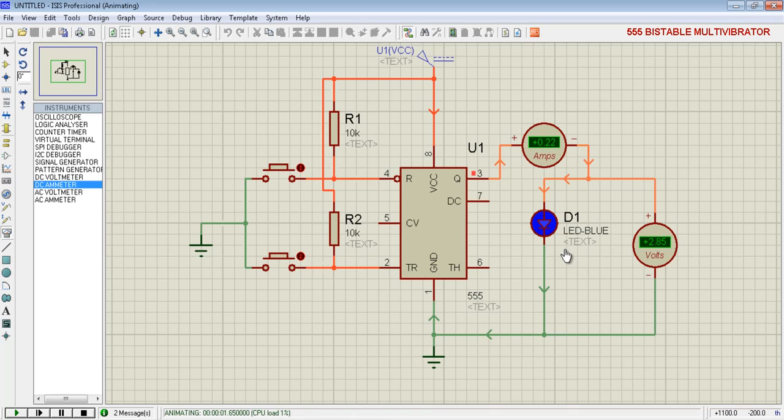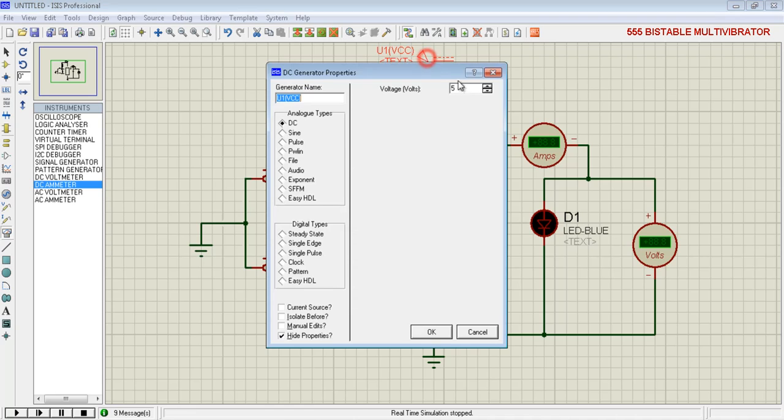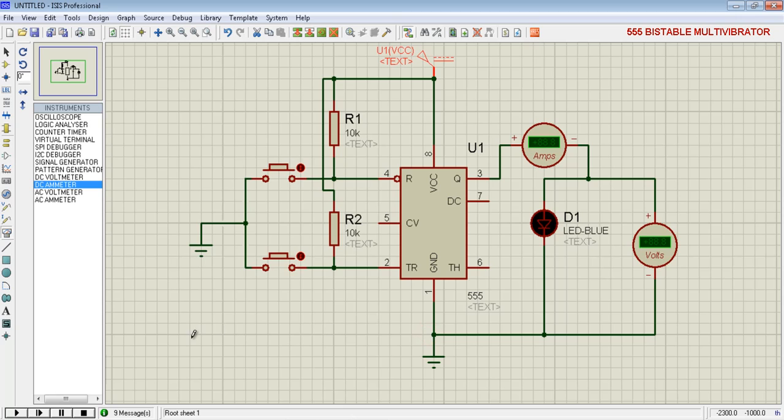Okay, so we can easily see that the voltage across the LED is 2.85 volt and the current flowing is 0.22 amperes. Now let us change the supply from 5 volt to 15 volt. Now the voltage across the LED is 5 volt and the current is 0.98 ampere.